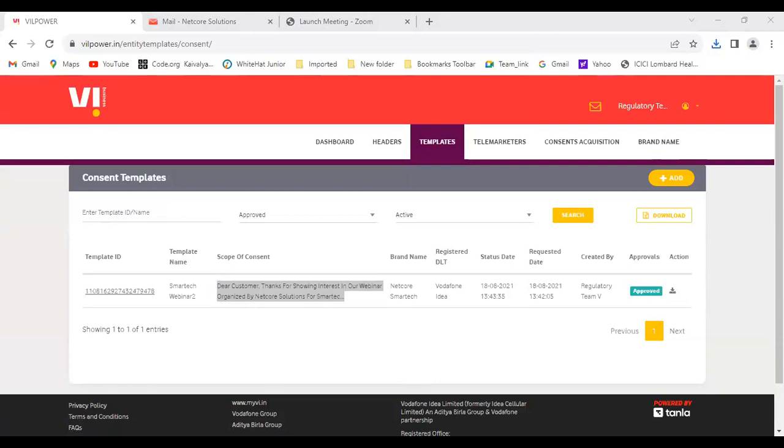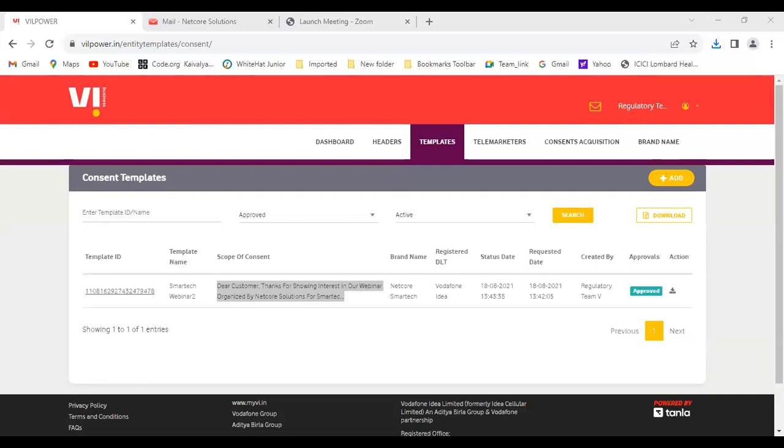You can try it, or I will show you what will happen post scanning the QR code. Post scanning the QR code, it will ask to redirect to this page. Basically, post scanning, it will ask you to go to the website. The website will be redirected here on the VIL portal. Okay, just a minute. Let me share the,